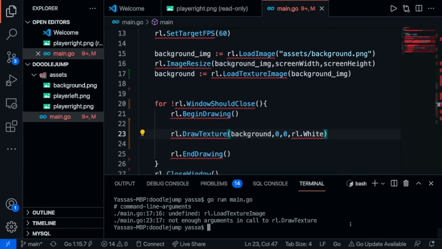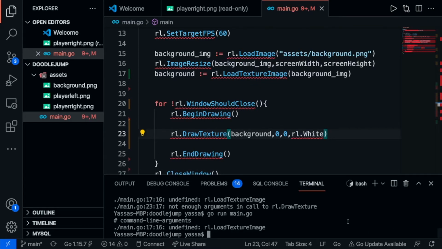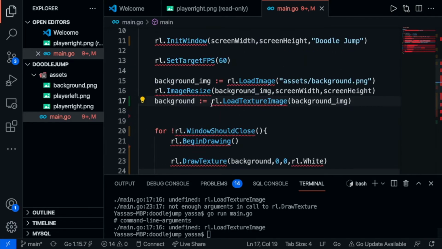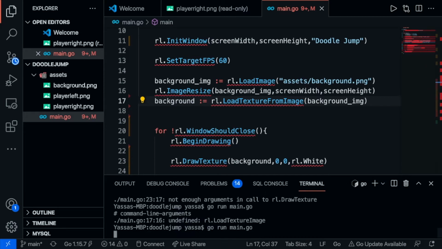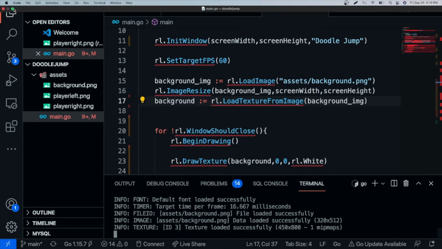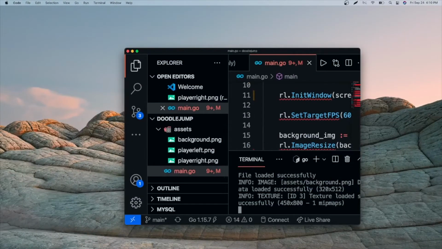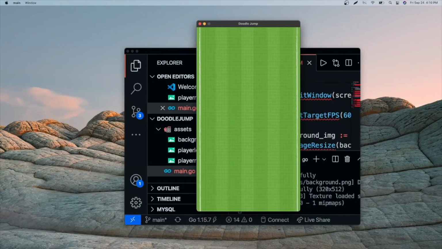So just use rl.white. Now if we go ahead and run this, undefined, rl. Load text, load texture from image. Here we go. There we go. Now if I were to just zoom out, as you can see over here, we now have our basic background screen. Now the next thing we're going to want to do is set up a